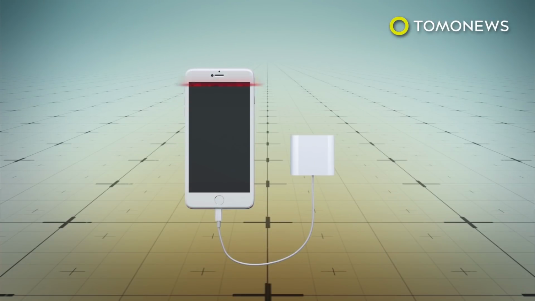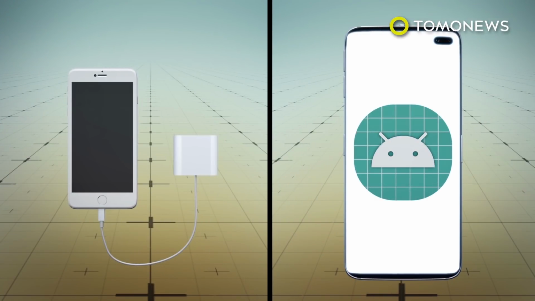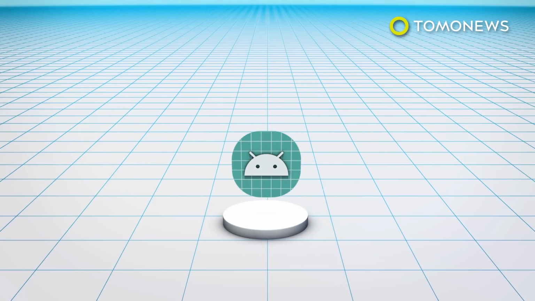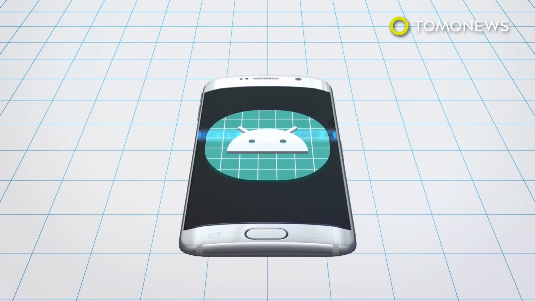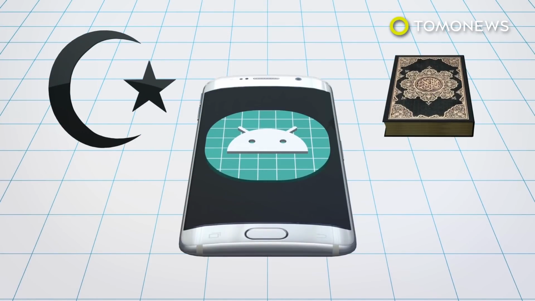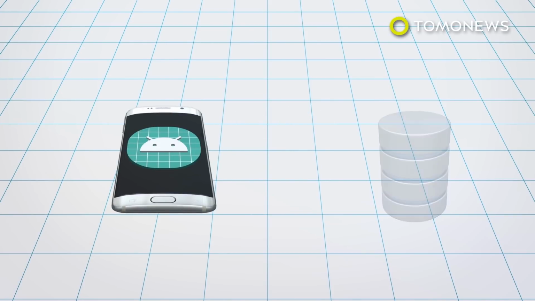The phones are taken away by Chinese authorities to a separate room. iPhones are plugged into a reader that scans them, while Android phones have a spyware app called Feng Cai installed on them. The malware downloads emails, text messages, phone contacts, call logs, and scans the device for more than 73,000 different items, including images and videos related to Islamic terrorism or the Quran.